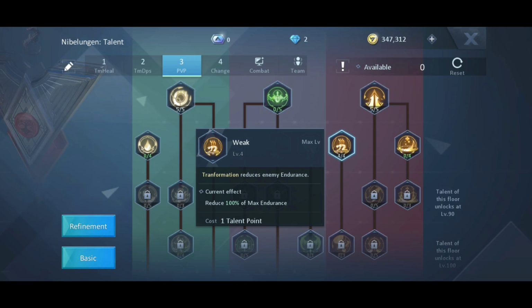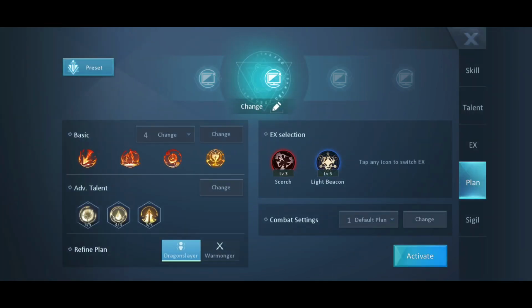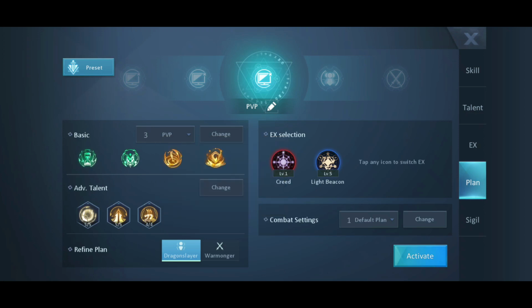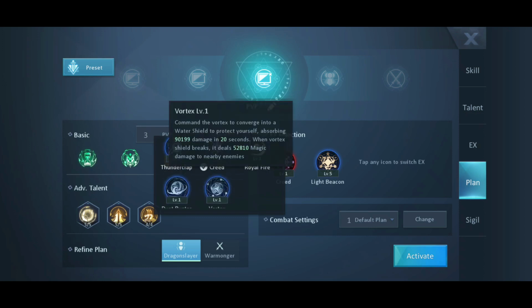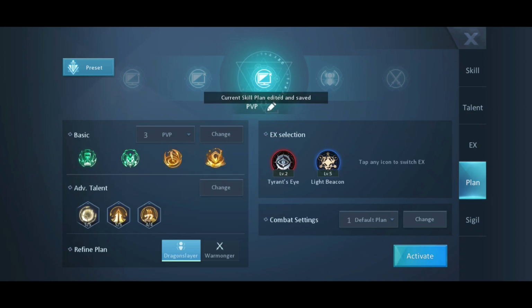If you know how to focus as well, this deep talent is one of the best deep talents on Soul Dancer. And next up, for the EX ability, you would want to use any CC ability. I would recommend using, what's this called, Creed, but if you don't have it unlocked, use either Vortex to protect yourself, maybe Dustbuster too, and I do not really recommend using Tyrant's Eye unless you're in bombs,